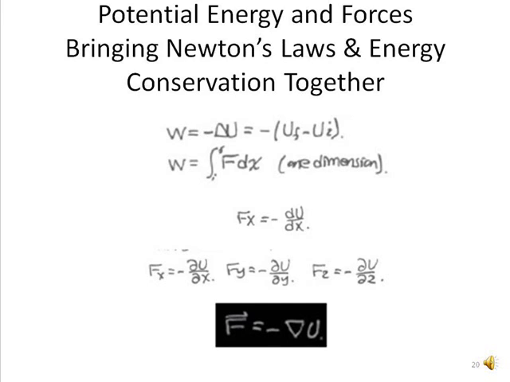This is a nicely decoupled expression because we have one term that only depends on x, one that only depends on y, and one that only depends on z. But the integral of a sum can be split into terms, so we really have 3 integrals. For instance, the work in the x direction is the integral of Fx dx from x0 to some future displacement x1.